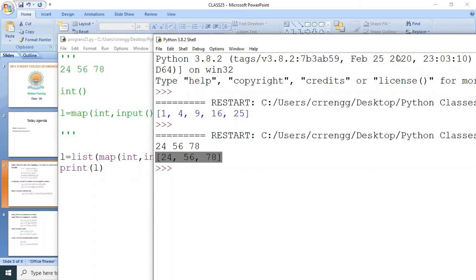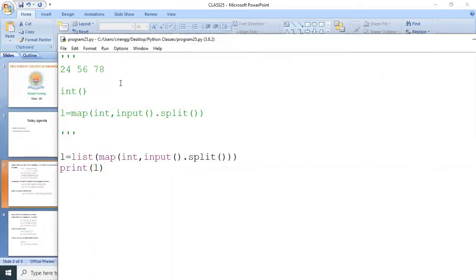In some programming problems, they give input like 24 comma 56 comma 78. In this case you split the data when the comma is encountered, so in the place of split, you write comma.